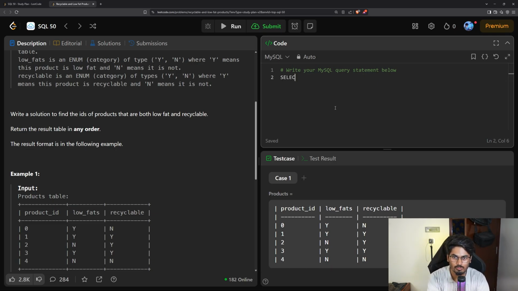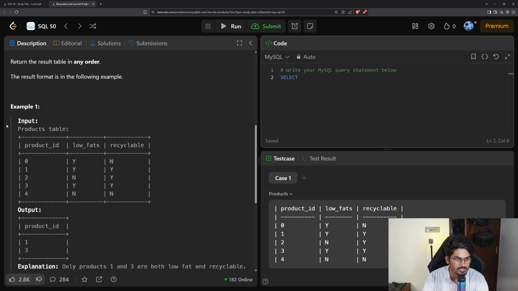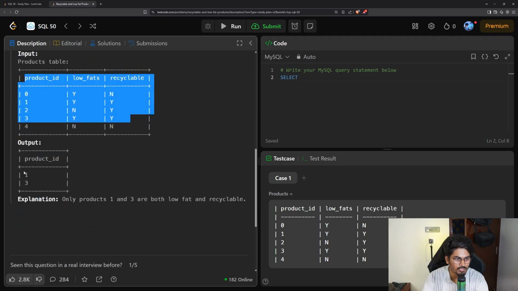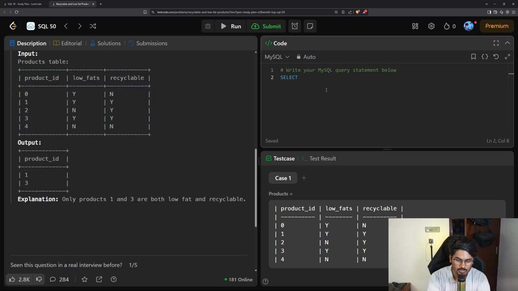So what you'll do, you want to return only the product IDs. So if you want to return every column, you can do select star. If you just want to return product ID, just select product ID from the table. The table is products. And now where will have some condition. So the condition is low fats is equal to y, which means it's a low fat product, and recyclable